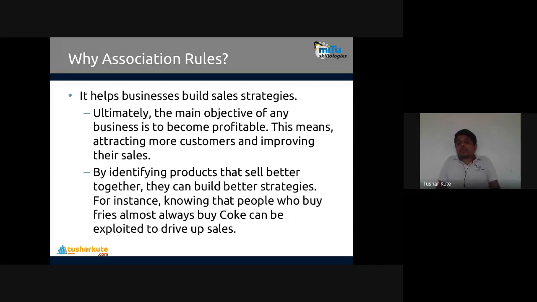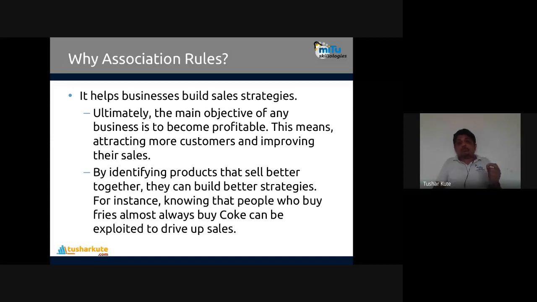Decide your strategies: what to take, what not to. If you are purchasing a Raspberry Pi, customers are purchasing the case for the Raspberry Pi also. I cannot take the case separately. The case depends upon the Raspberry Pi. You have taken it, then only you are taking this. That's why you decide strategies: which products to keep in your sales room, and which not. Those decisions, those strategies, are decided with the help of association rules.